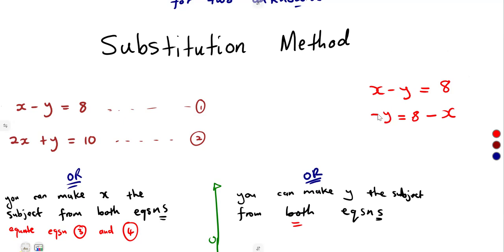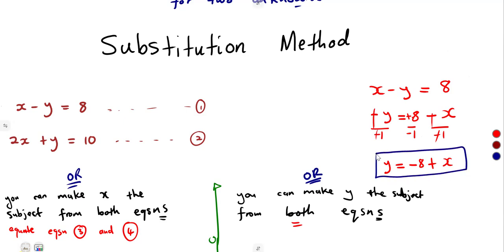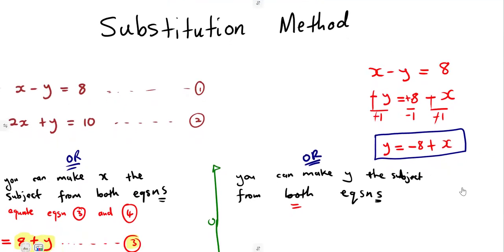As we need positive, you can divide by negative each and every term. So y is equal to 8 and a negative, that's negative 8. Because this is positive, right? Positive to negative. Negative, negative, that's a positive. So this is it. Y is equal to this from equation 1. All right, y is equal to minus 8